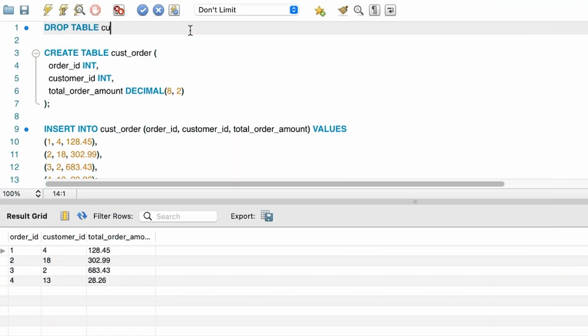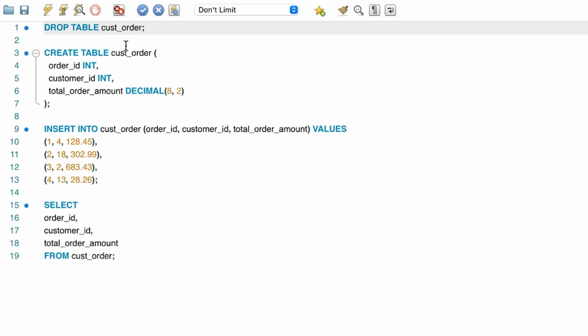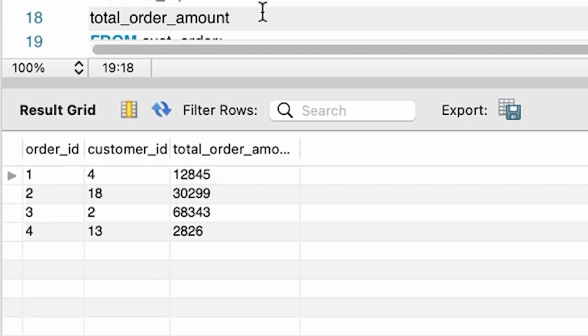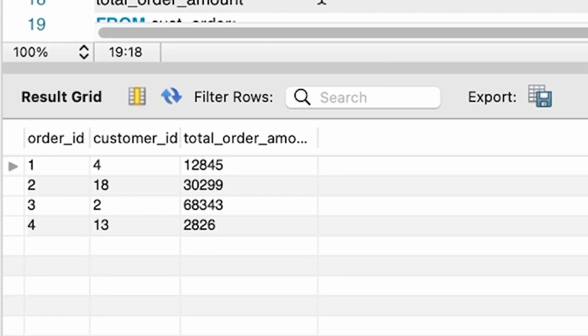To actually use this in an SQL table, you can create a table that stores the number value as an integer, like this. When you insert data, you insert the numbers as cents, like this. We can see it looks like this in the table. You can then perform your calculations on the cents value with a low risk of rounding errors.